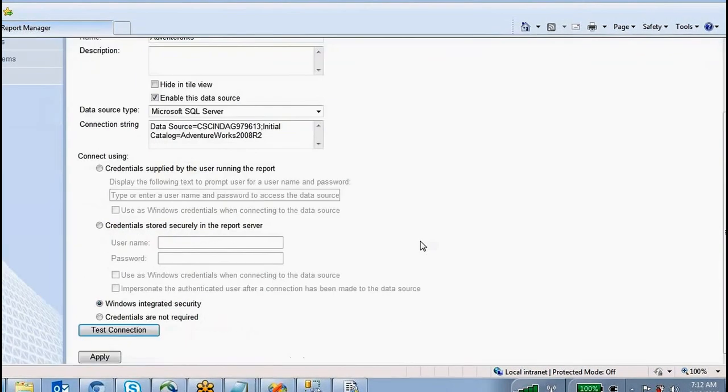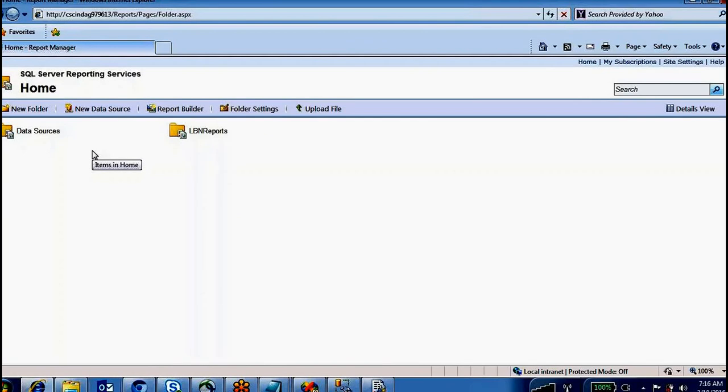Here you have to set credentials in the report server, whatever username and password has access to connect to the data source and that particular database.